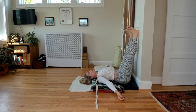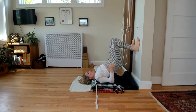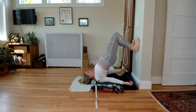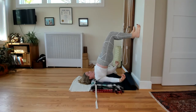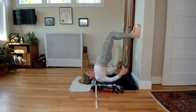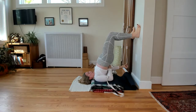Sarvangasana, all limbed pose, total limbed pose. So you press your upper arms, you lift yourself up, and here's where you've got to hop your shoulders underneath. These are the base. These are your feet, the base of mountain, the base of Sarvangasana. So my arms go this way. My strap pulls my arms together